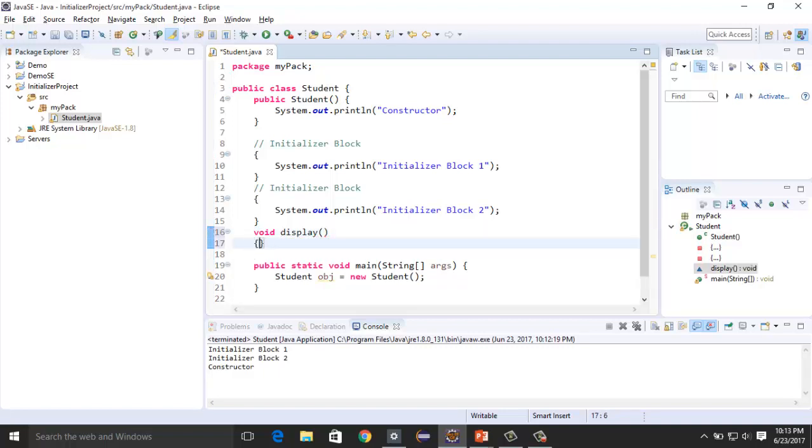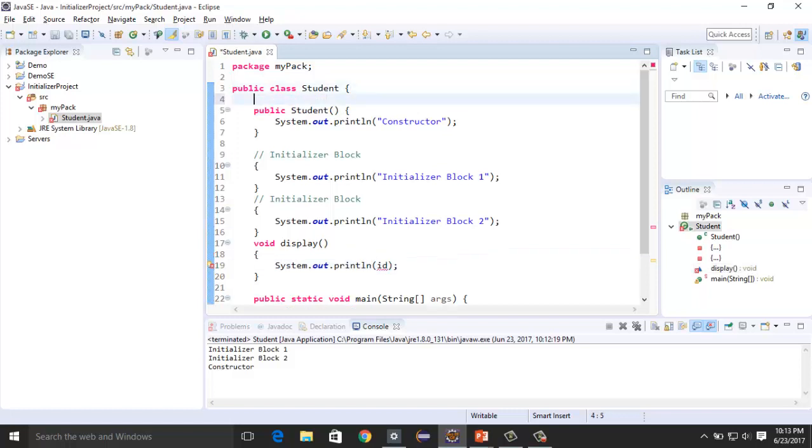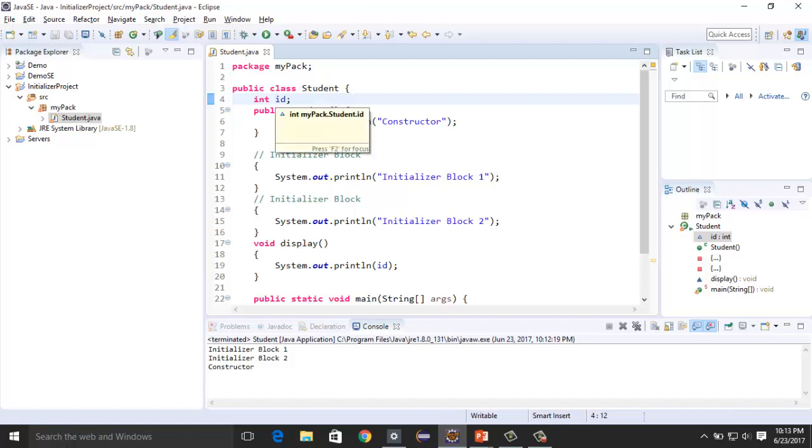This is a method, and in this method I am printing a value, that is id, and I need to declare int id, and this is a variable which has no value.